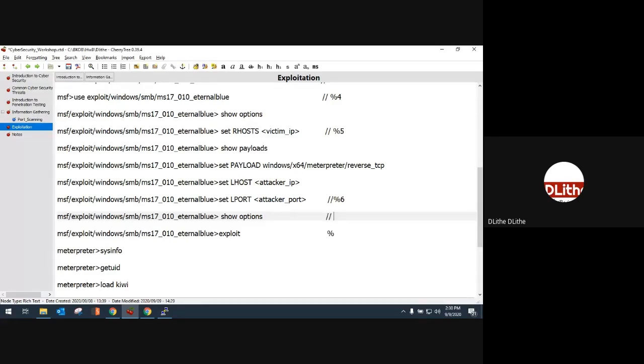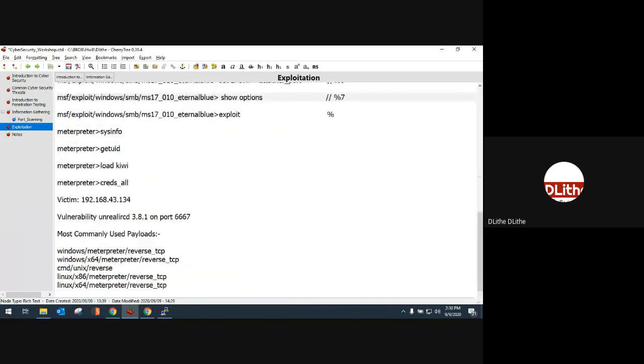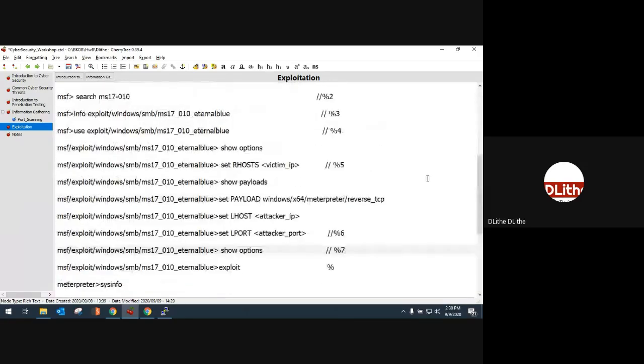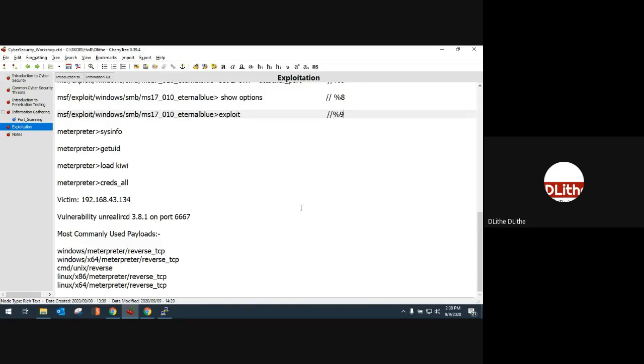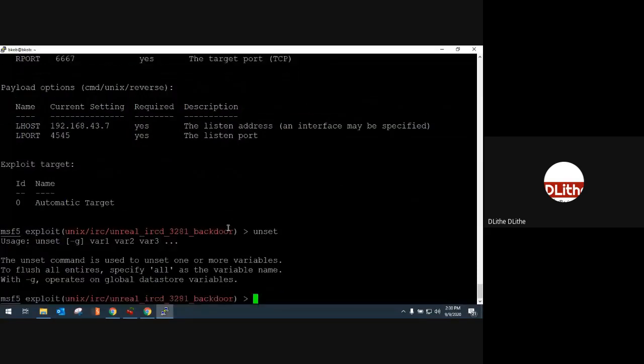Okay, let me put it this way. I think it's step 7, that's step 8, sorry, my mistake. Okay, so once everything is ready, after you verify all those details, then you go on and exploit it. So this is the same step that I've done for Windows, and this is exactly the same step that I'll be doing for Unix as well. So let me do that one by one.